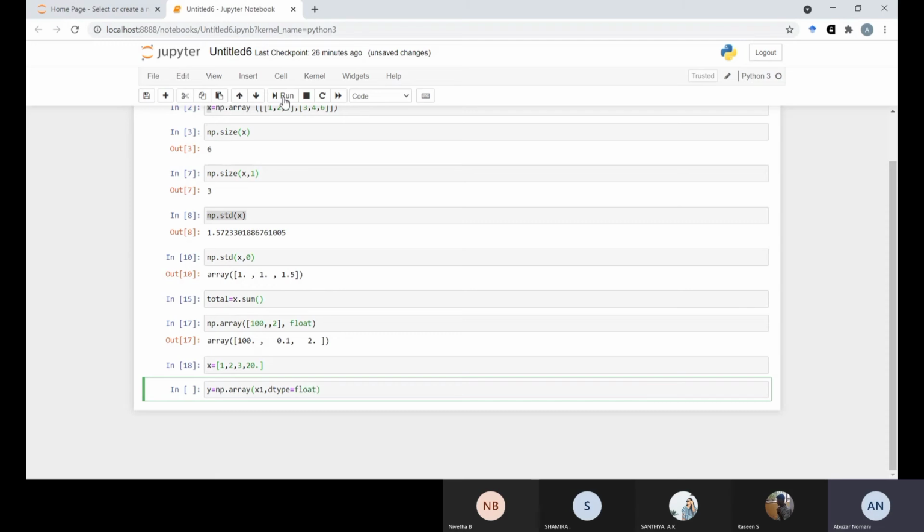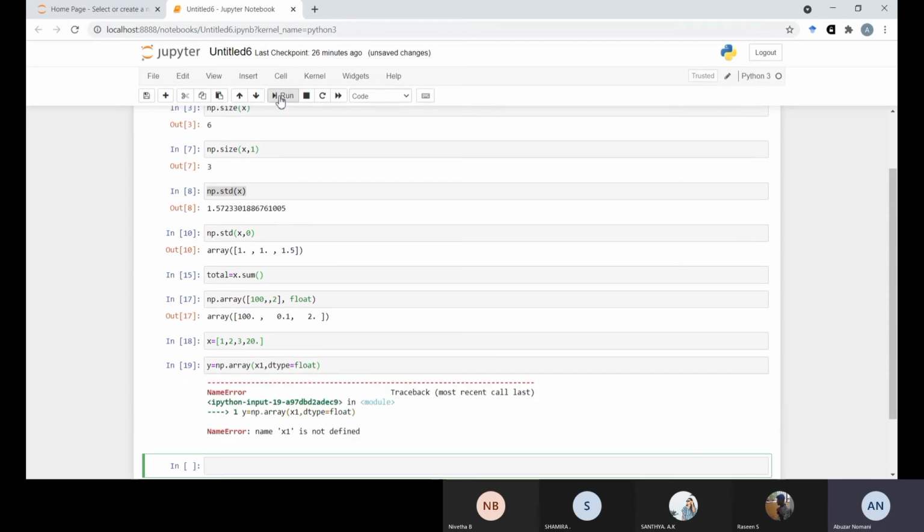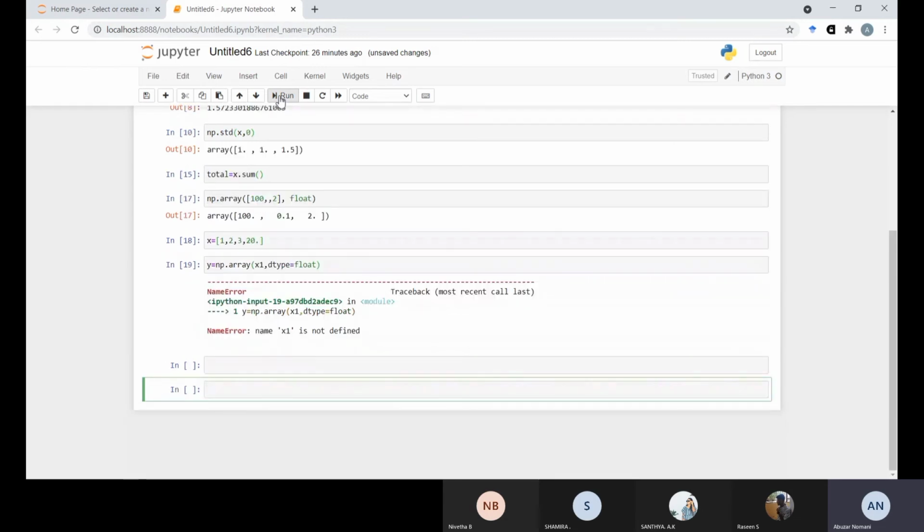Float. Okay, then run. So it will convert automatically all the data into float. Here the name x1 is not defined, so we have put x1 here.